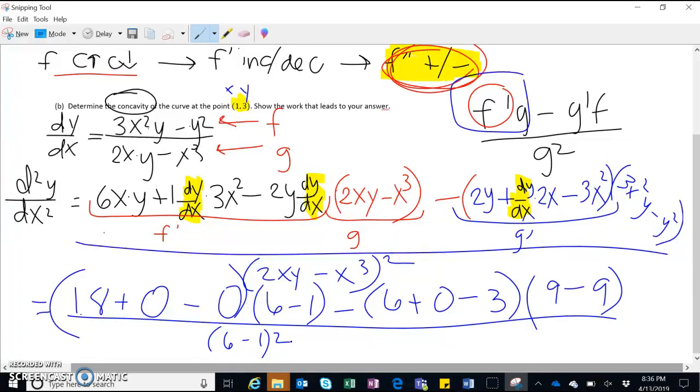All right, I know that's a mess, but I get 18 times 5 up top, minus, right over here, let me try and show you where I'm looking. This is just 0, because 9 minus 9 is 0. So what was that? 18 times 5 over 5 squared. Not sure what that is, but I'm darn sure it's positive because I don't see any negatives. So what is the concavity of my curve? Well, the curve is